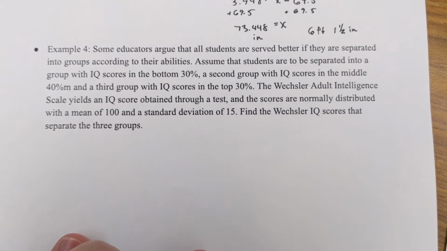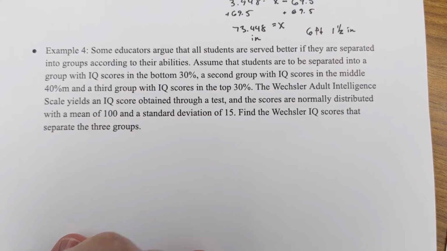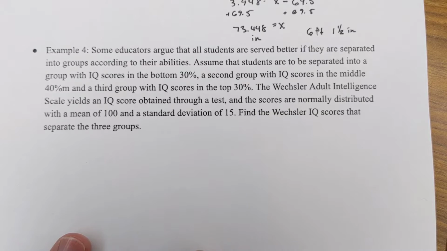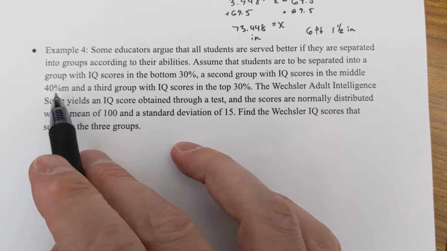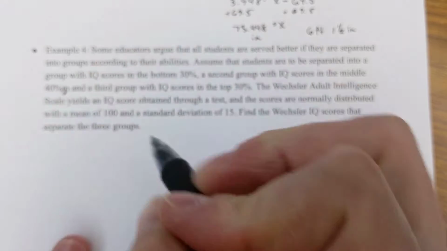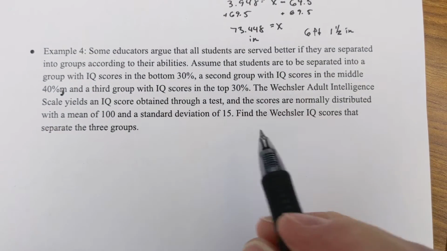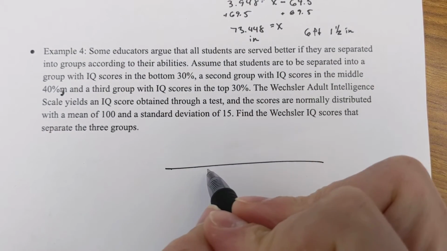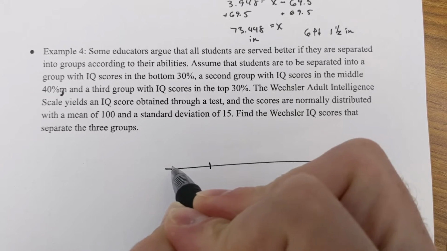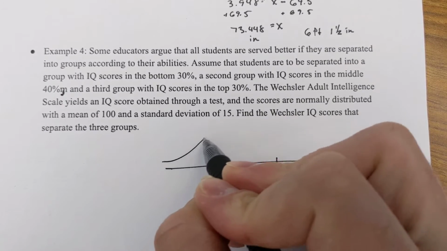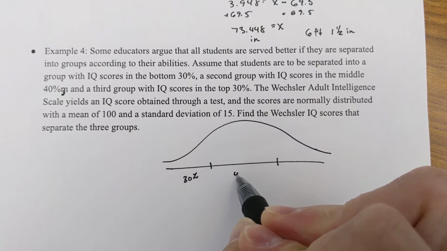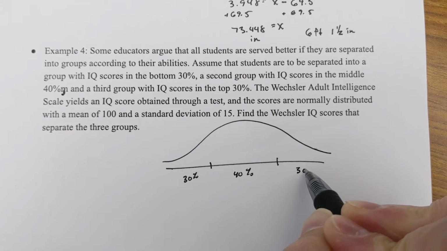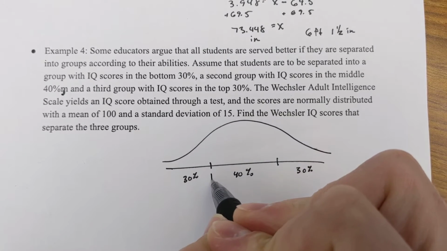All right, so example 4: some educators argue that all students are served better if they are separated into groups according to their abilities. So we're going to separate them by IQ scores: bottom 30%, middle 40%, and top 30%. So what I'm going to talk about here is, I have some value down here. So I'm dividing my curve into 3 sections. This area is 30%, this middle section is 40%, and this top section is 30%, which means this value right